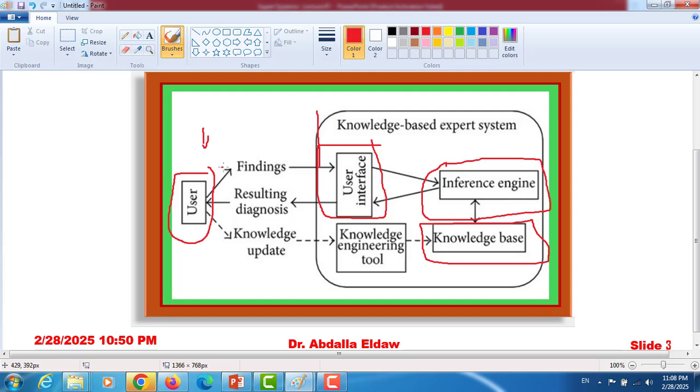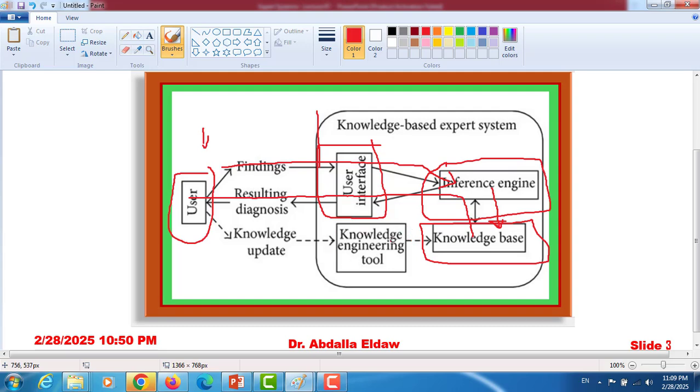When the user enters the question or the variables, or asks the computer a question, the inference engine will receive the question, and then according to the property of the search engine, it searches in the knowledge base to find the optimal answer. When it matches the correct or optimal solution, it returns the result to the user again.